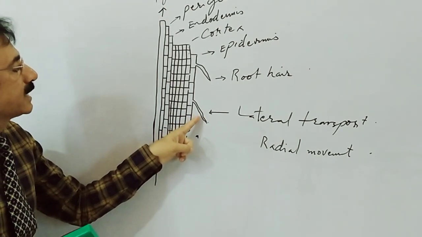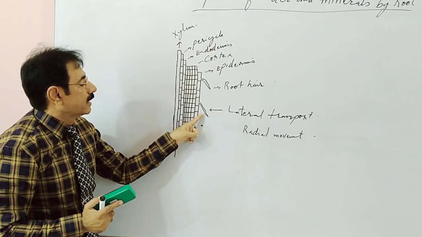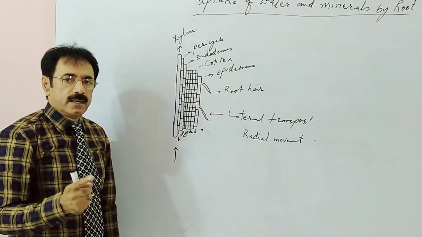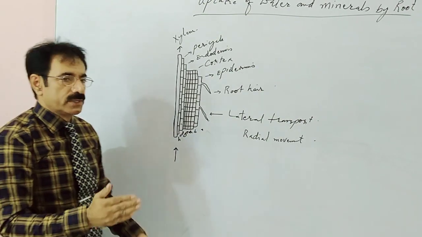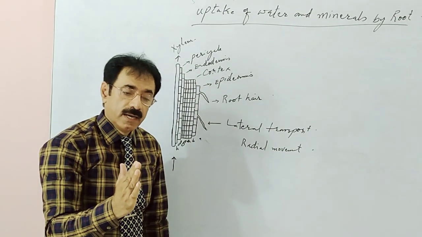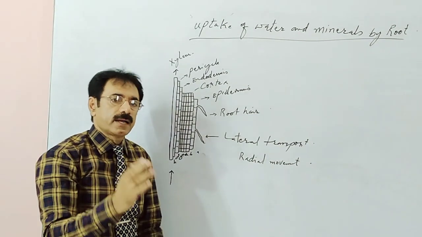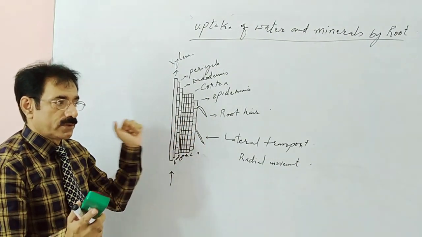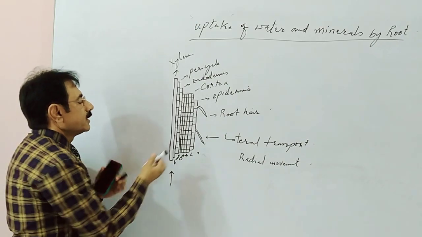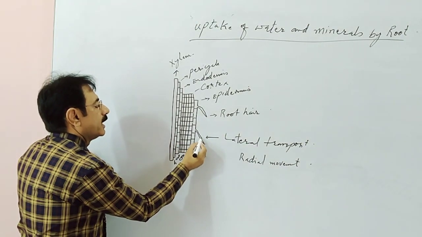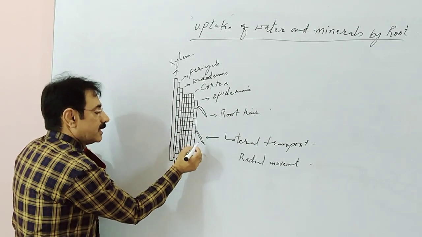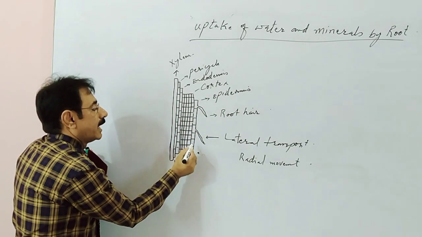The epidermal cells and their root hair have walls made up of lignin, pectin and cellulose materials. These are carbohydrate materials, and they have a high capacity to imbibe, or you may say absorb, water. When the water enters the cell wall of the root hair and epidermal cells, now the water that flows,